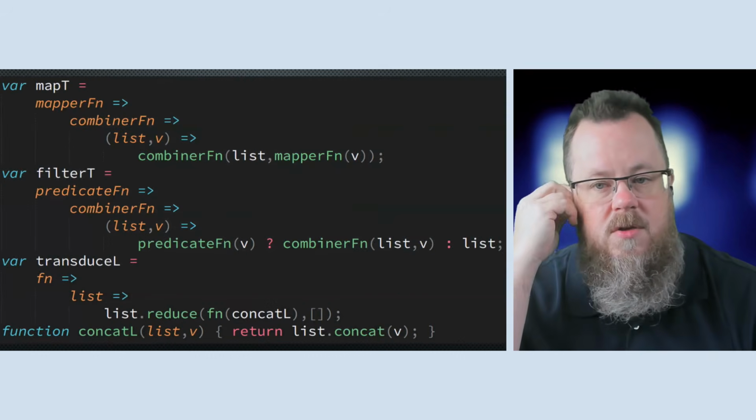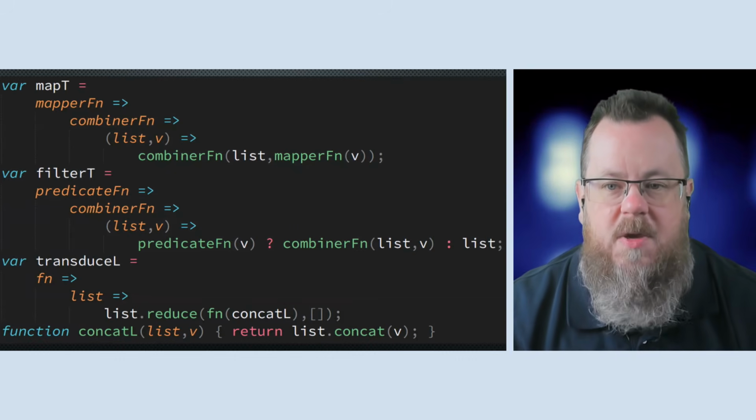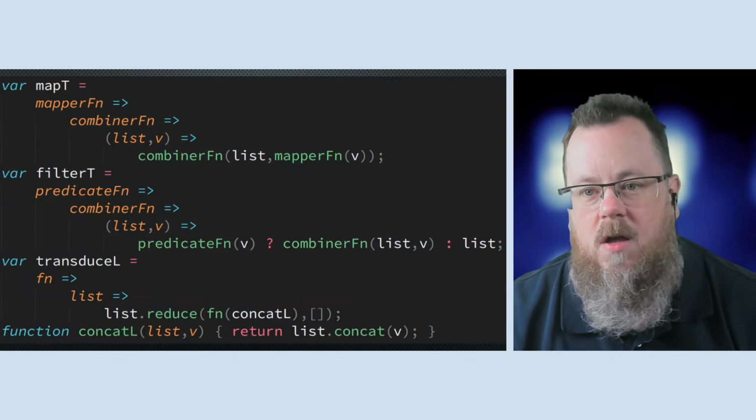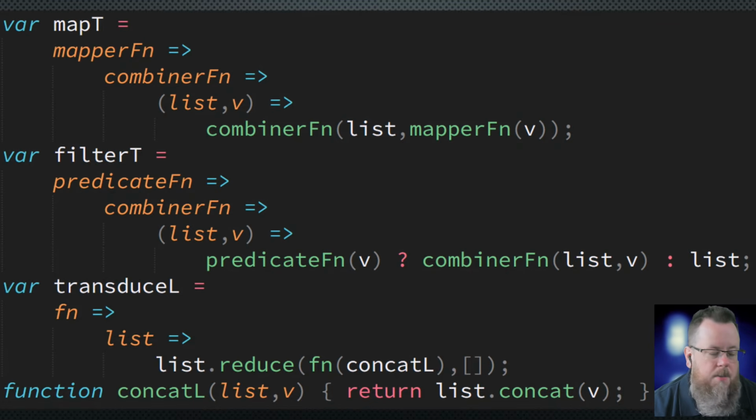All right. So here are the utilities that I was referring to. This is basically the heart and soul of what transducing is. Represented, of course, in JavaScript, but small enough that you can actually see it formatted out on just this one slide. So we see mapt is a utility that takes in a mapper function like the format movie that we talked about,